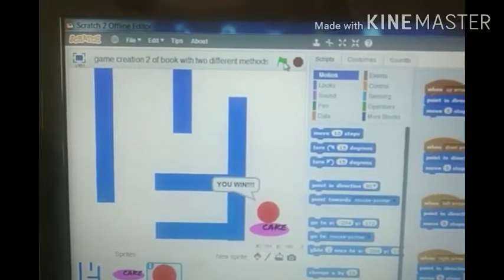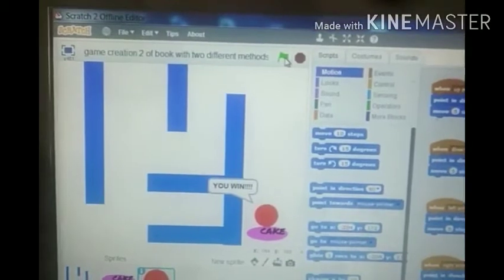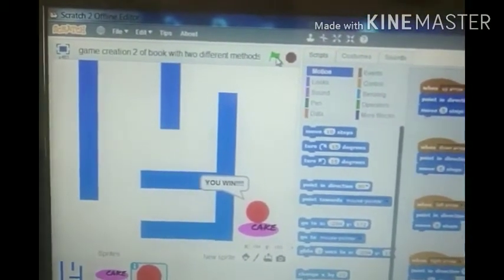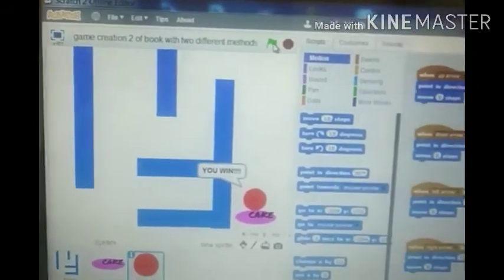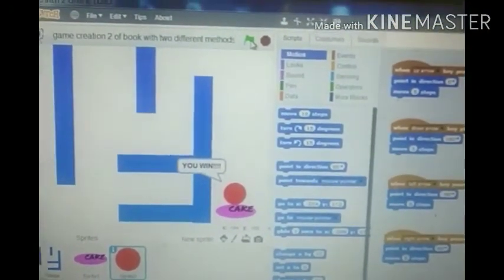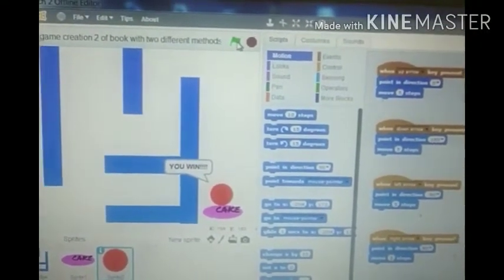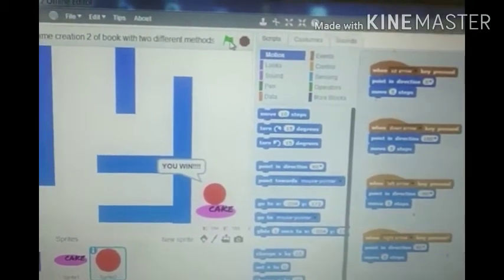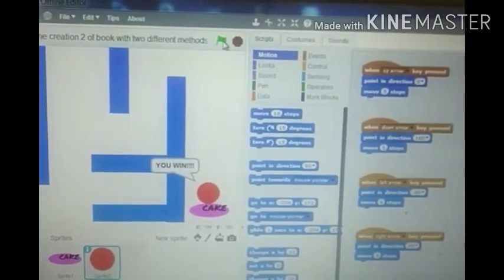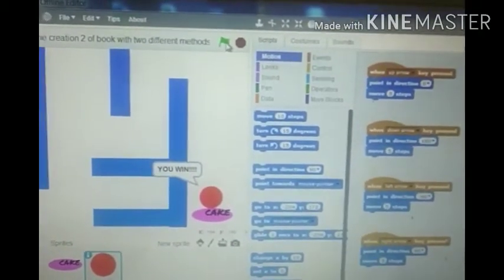Now we will proceed with the third program, as we have already done the second one, and you must practice all of this. The third program is creating a multiplayer game, that is a car racing game. In this game, the first player will move with the up arrow, left arrow, right arrow and down arrow, and the second player will move with the help of the keys W, A, S, D. W is for up, A is for left, S is for down, and D is towards the right.